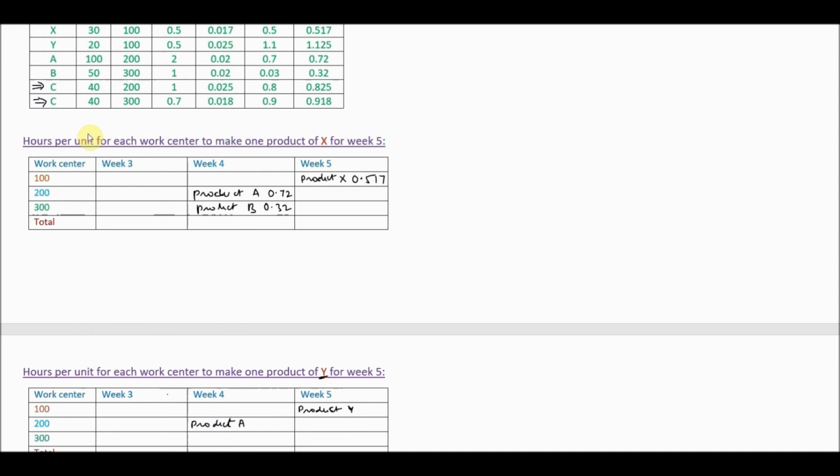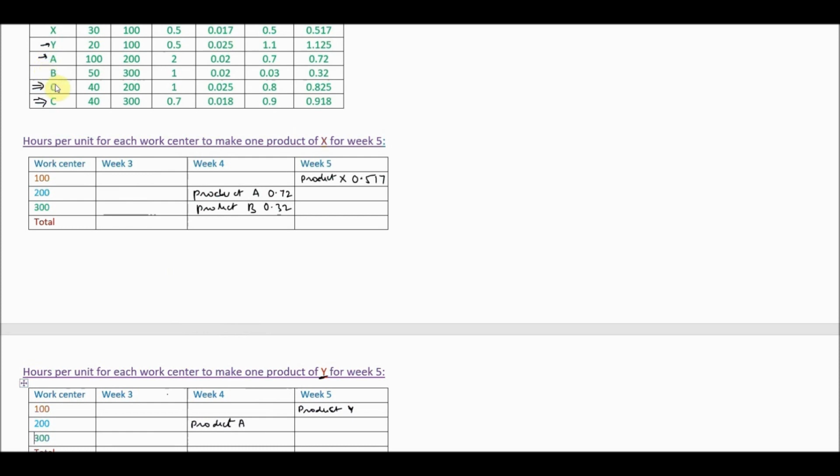So the second operation, that means the one which is on machine 300, needs to be done first. Now since we are going in the reverse order of the operation, we first looked at the time requirement for Y, then we looked at the time requirement for product A,